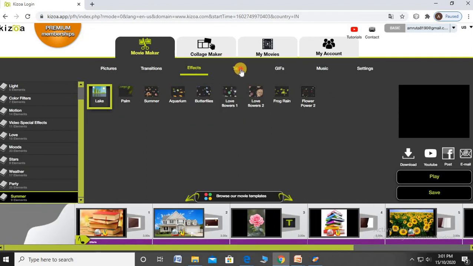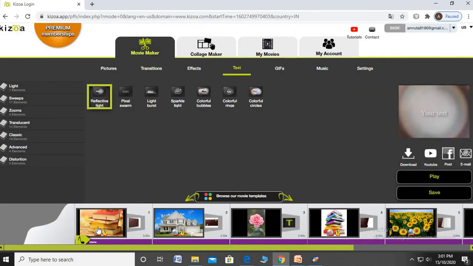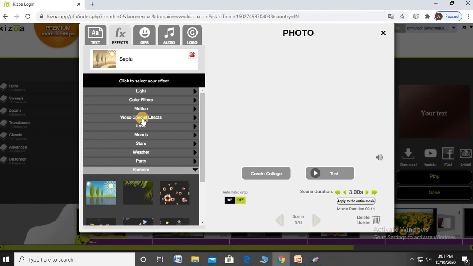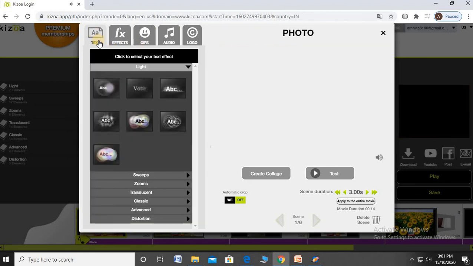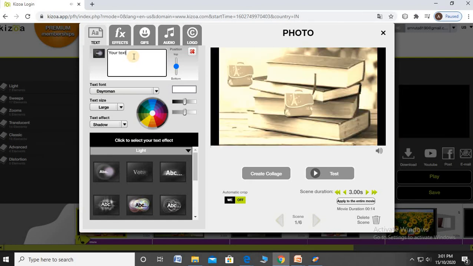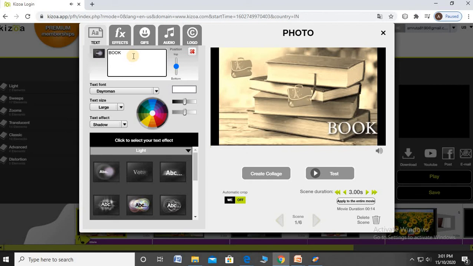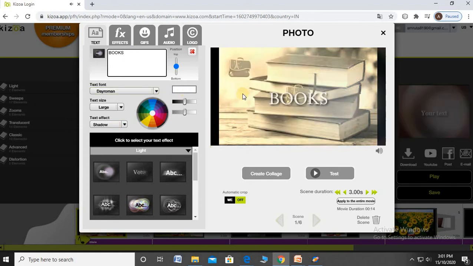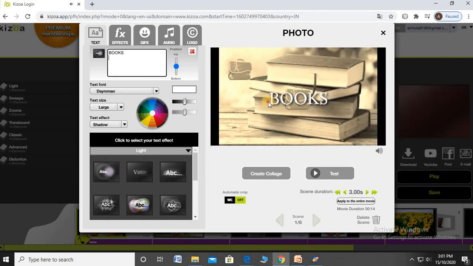After that, we want to give the text also. Test it.